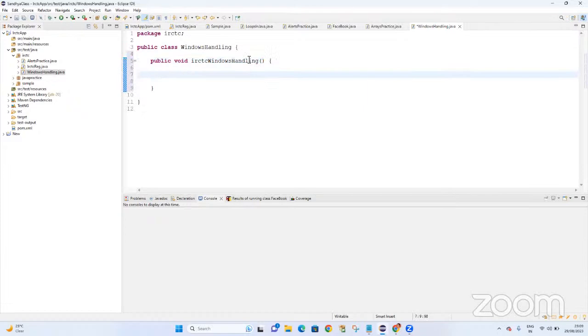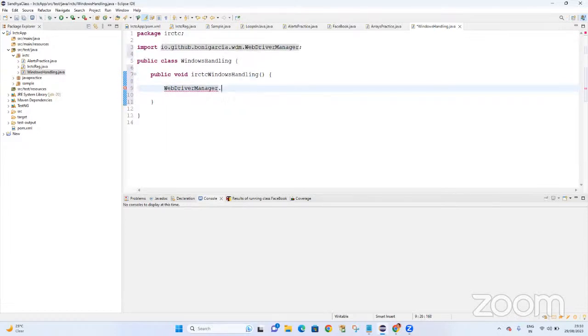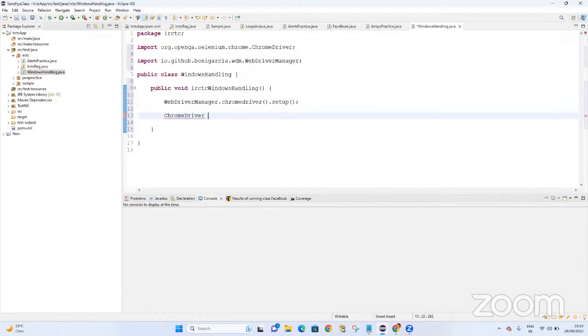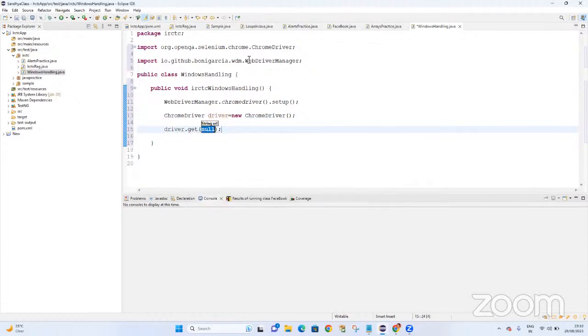Inside, WebDriverManager. We all know we are using WebDriverManager, chromedriver setup. Next, creating an object for the ChromeDriver class. driver.get